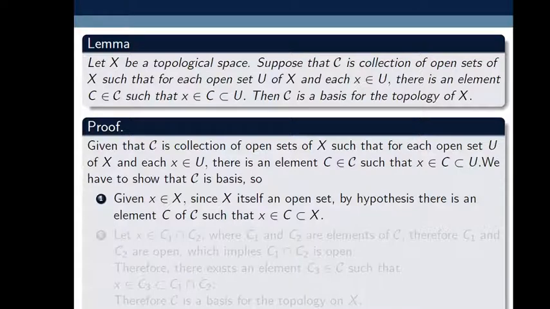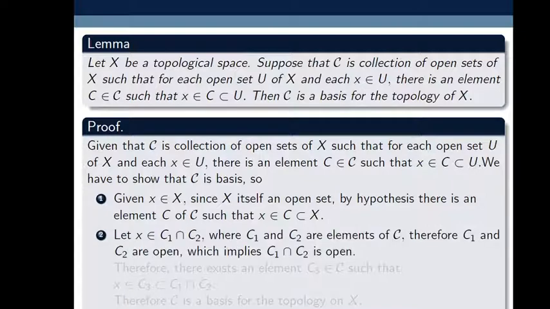For every open set U of X, and for each x belongs to U, there exists an element C belongs to script C. Here U is an open set, but here we use X itself as the open set, so we just replace U by X. So there exists an element C belongs to script C such that x belongs to C, C is contained in X. Here we use this hypothesis, which proves our first condition.